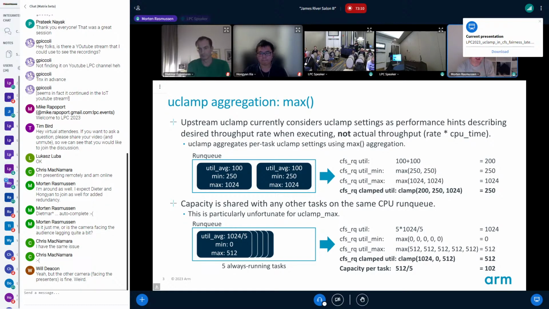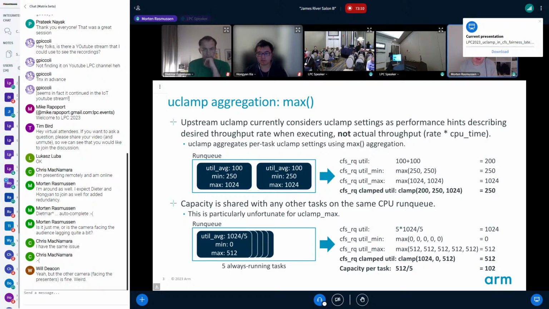So if you have a run queue with two tasks on it and, for example, uClamp min set, you just take the max of the min requests, and that will be the min clamp applied to the utilization of the combined run queue. For this example, the resulting frequency is the same as if we had just one of the tasks on the run queue.